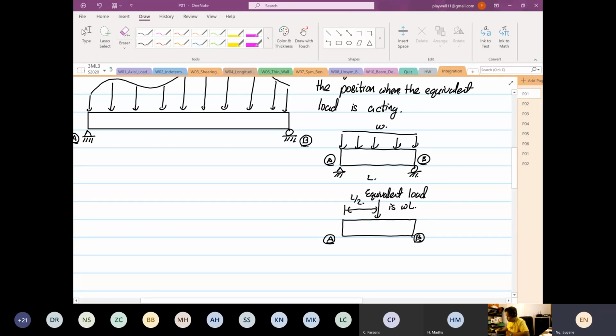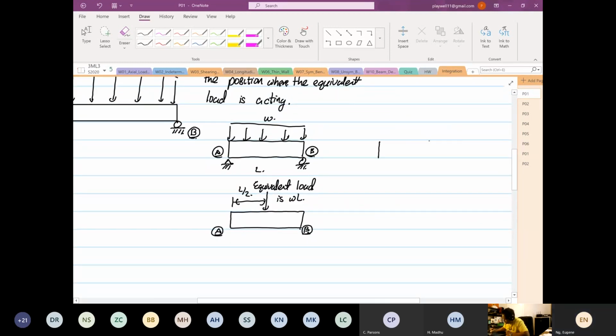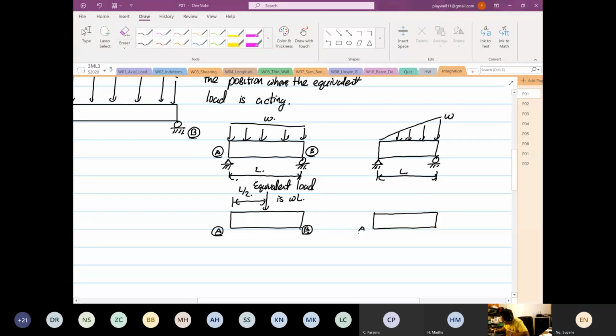Then if we have a gradient distributed load, again with a pin on one point and a roller on the other, across a distance L with peak omega, this is point A and this is point B. The equivalent load will be equal to omega L divided by 2, and its position is L over 3. This is really straightforward and very easy to find. But what if now